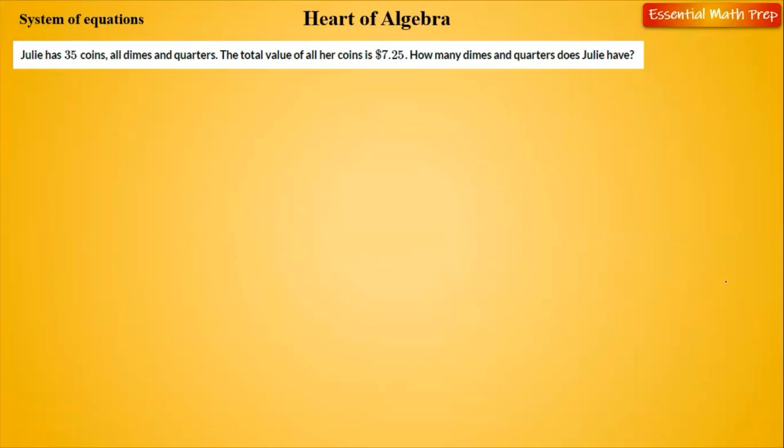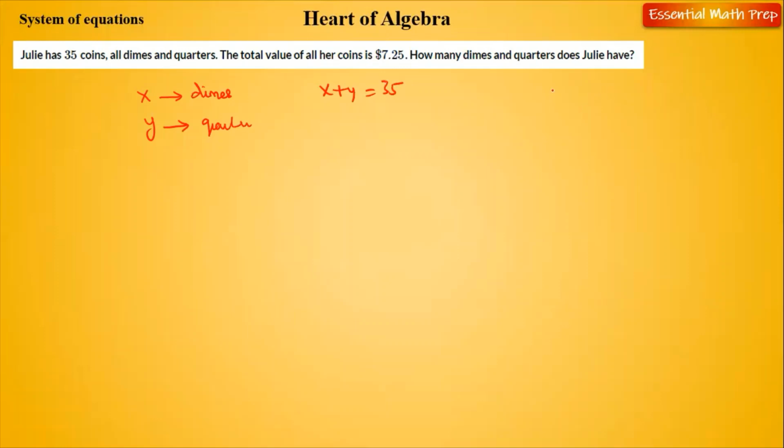The total value of all her coins is 725. How many dimes and quarters does Julie have, right? So if you assume dime to be X, and Y to be quarters, X plus Y is 35 because that's just the physical count of however many quarters and dimes she has, okay,